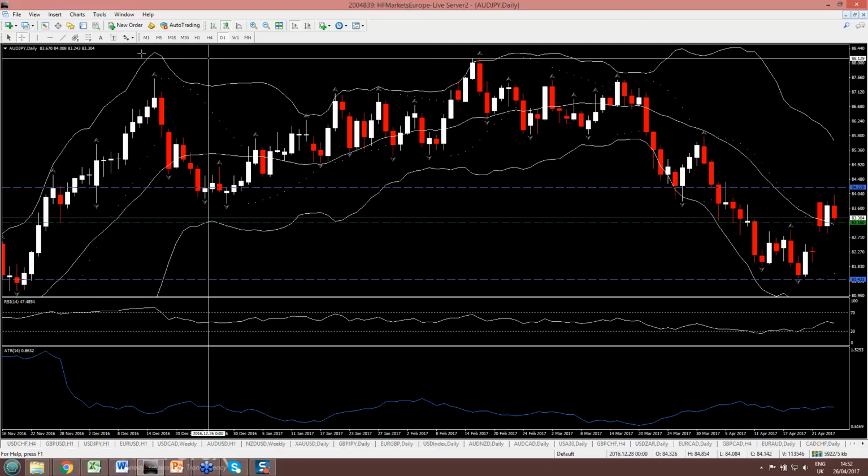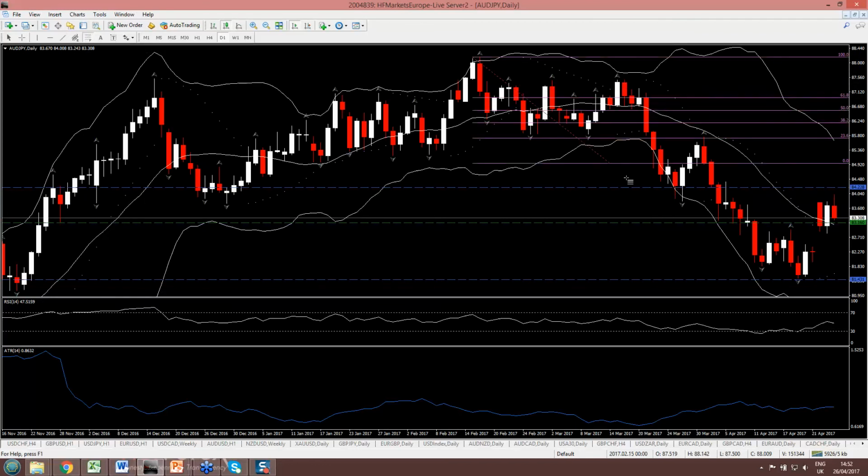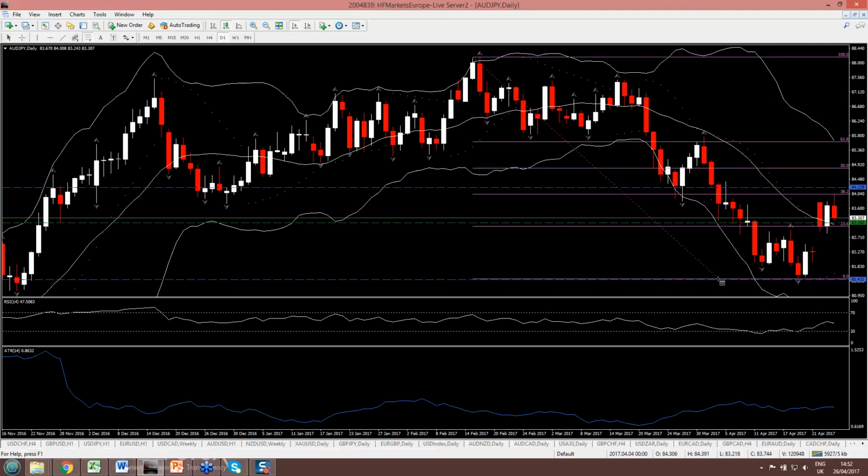Okay, and that was enough for me to get in. But let's put on my other old favourite, the Fibonacci levels. So put the Fibonacci levels on and look at that. My target is a bit above the 38.2. But look what's happened today. You'd think I'd made this up, wouldn't you? Look at how that's smacked right into the 38.2 Fibonacci level,